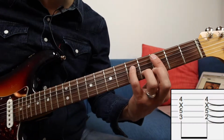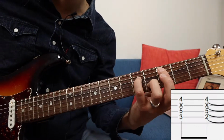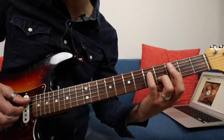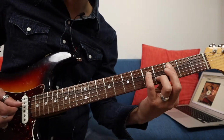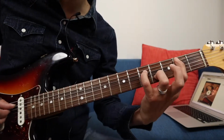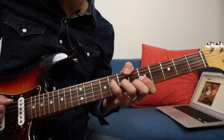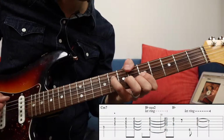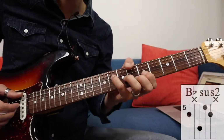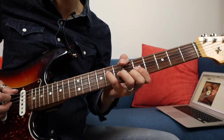When I'm on the C minor 7, I play this bass line. I mute the G string. Why do I play this bass line? Because we're gonna go to B flat. But I play the B flat here. Okay, what's that? That's a B flat sus2 to B flat. After the B flat,